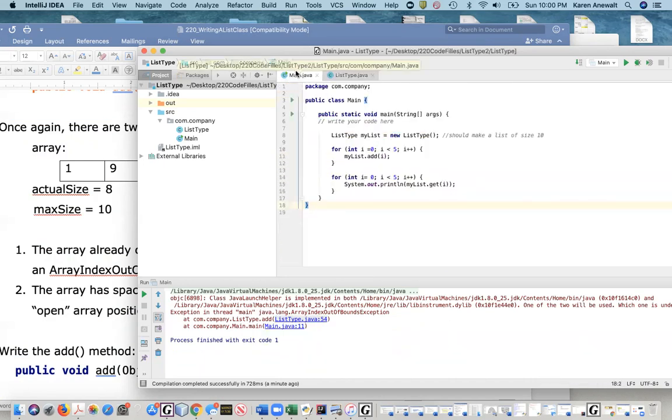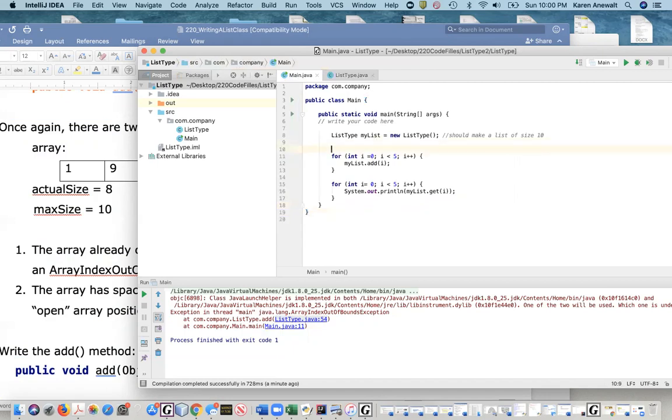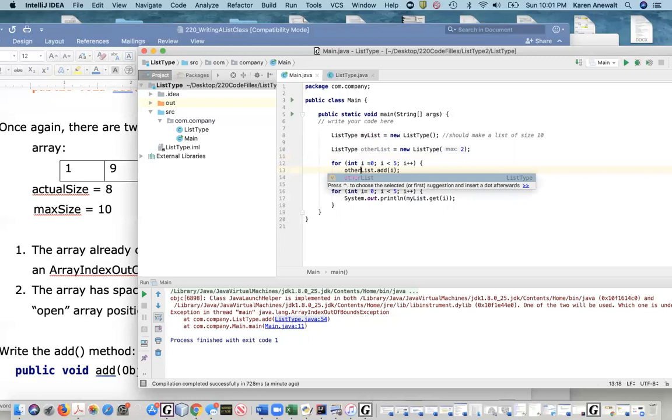Suppose we wanted to test the non-default constructor. We could do something like list type my list, whoops, capitalized, list type other list equals new list type, and pass in a non-default constructor parameter. So I set it up so it's 2, and then if we do calls to other list in here, other list,